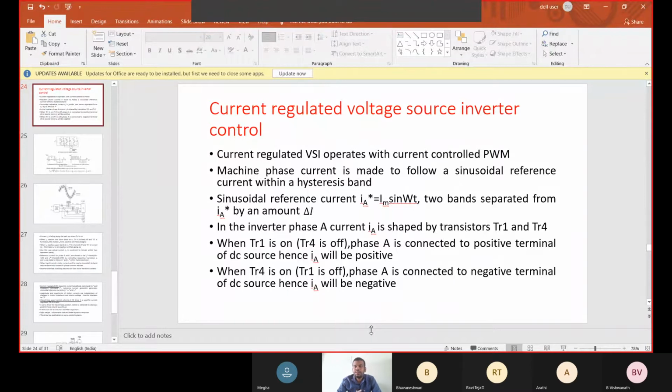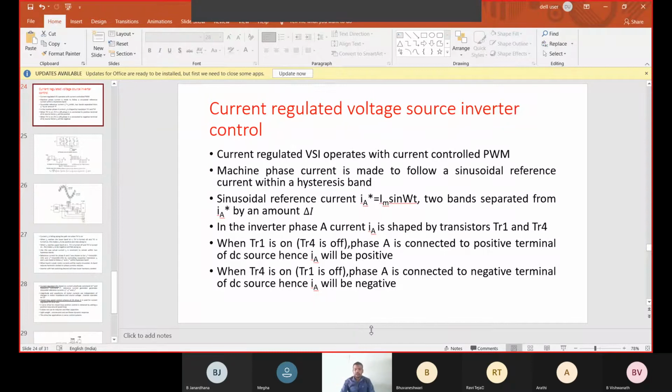So in order to reduce that, we are going to study a new kind of inverter, that is the current regulated voltage source inverter. Here, instead of using the voltage input into our VSI, we are using current regulators. That's why the name current regulated voltage source inverter control. The inverter is fed with the voltage only, but that voltage is fed by the current. That's an interesting topic actually. So how is the current regulated in the voltage source? That's the concept here.